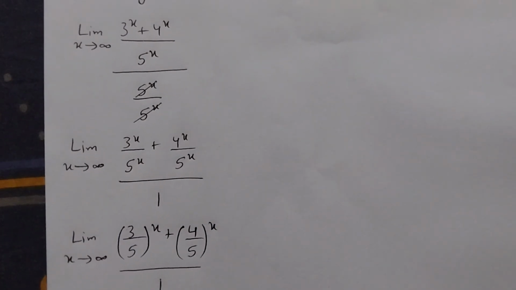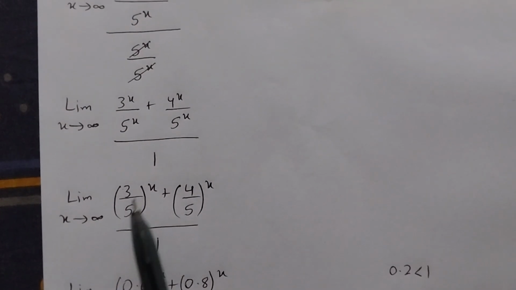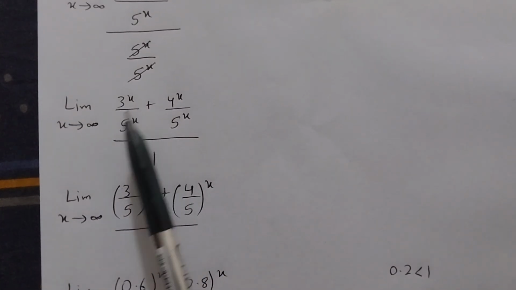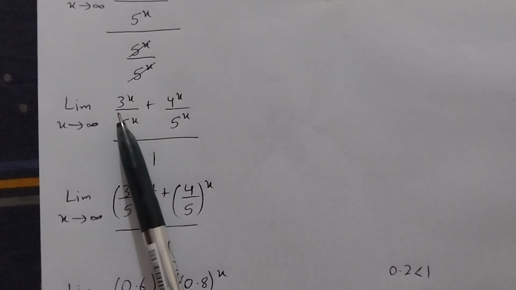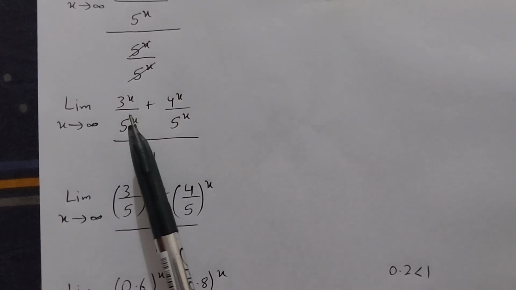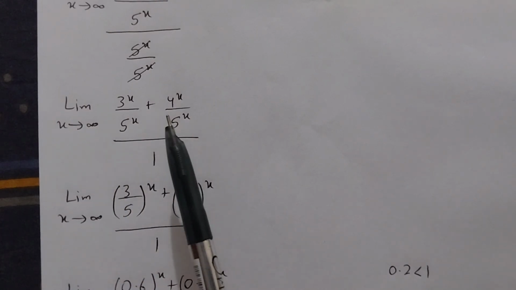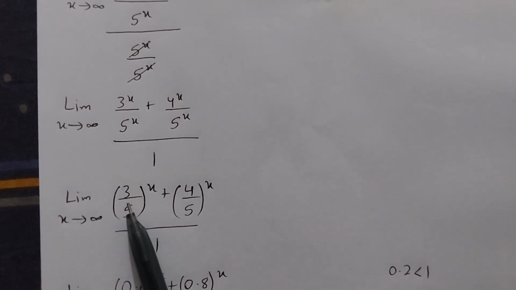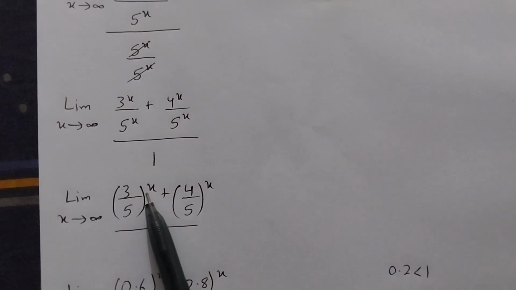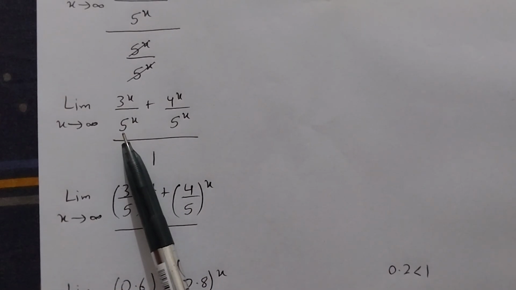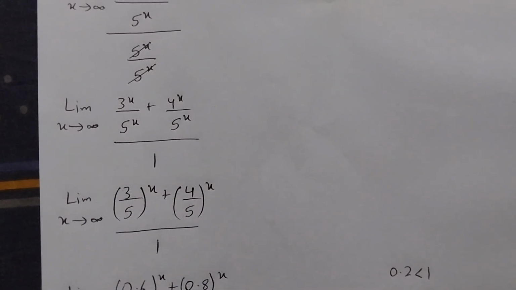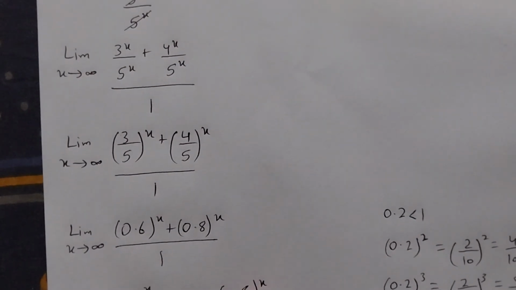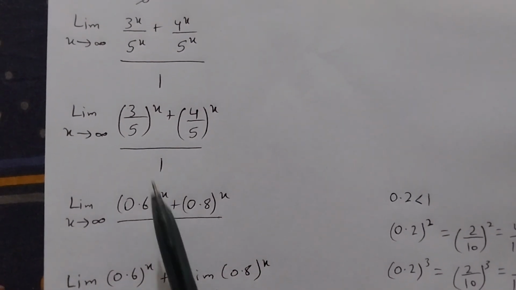So what you get is this over 1. When both the numerator and denominator have the same power, you can write that power as a whole. So I can write this as (3 by 5) whole raised to power x, because when this x distributes to both numerator and denominator, we get this thing. And similarly, we get (4 over 5) raised to power x. And if we look closely,